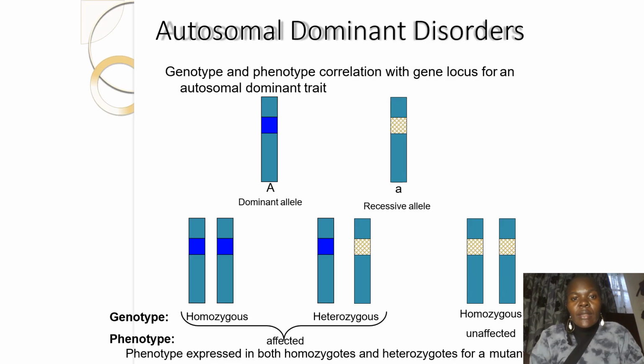So in this class, an example shows the dominant allele. We said it is the one which has the capital. In this class, we have several examples of the diseases which fall under this class. The capital goes with the first letter of the disease, for any of those diseases which we are going to see falling under this class. So the capital letter will always represent the disease allele,